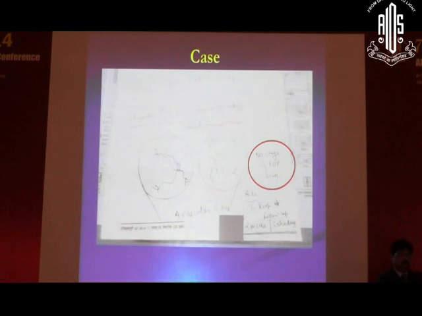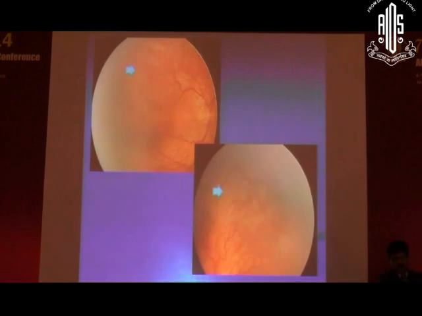Let's see how these cases were referred. This has no stage of RP seen and they have noticed dilated dorsal vessels in both the eyes and then they advise only follow-up after 2 weeks. So the problem here is that for an experienced person, when you see dilated dorsal vessels and no stage of RP seen, the probability is that you are dealing with a case of aggressive posterior RP where stage is actually not there, but the plus disease is there. So possibly you need to see these babies and treat these babies.